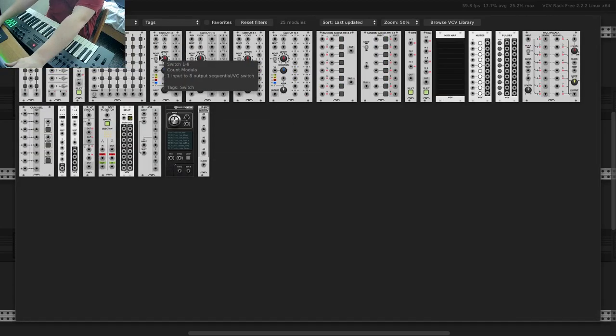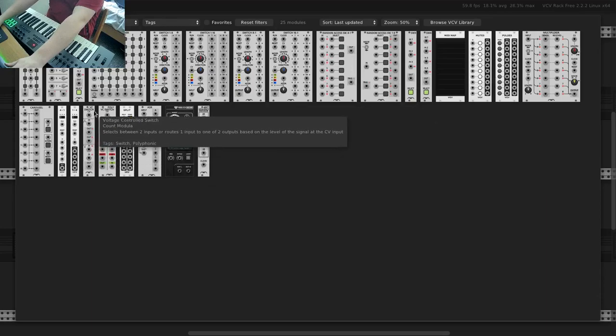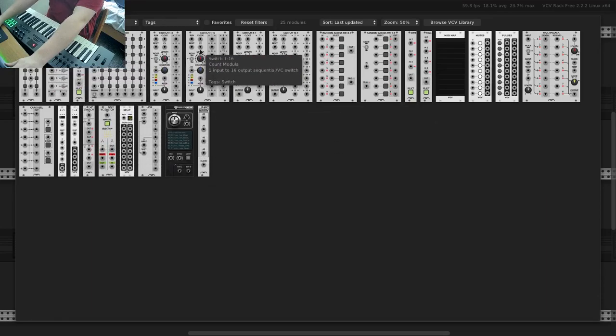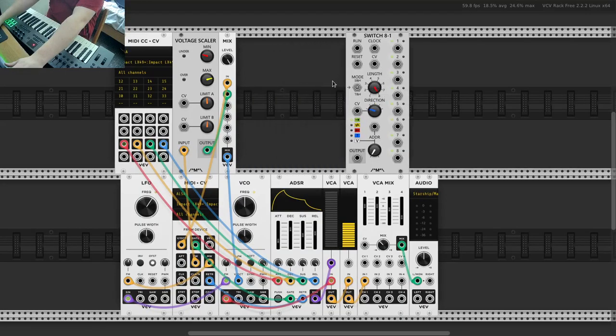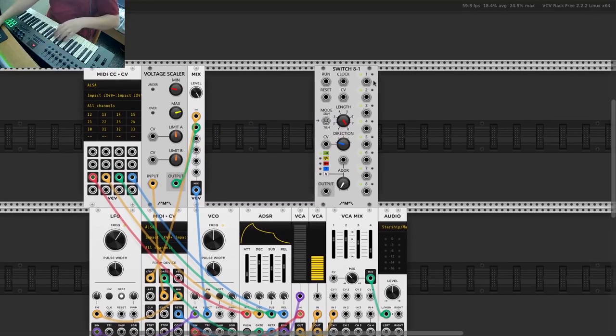So if we have, let's see, switch 8 to 1. So this will just take 8 inputs, give 1 output based on whichever input is selected. Let's see. So you could also do,